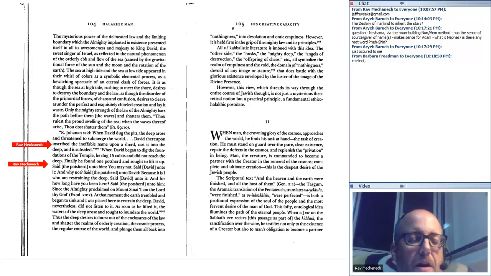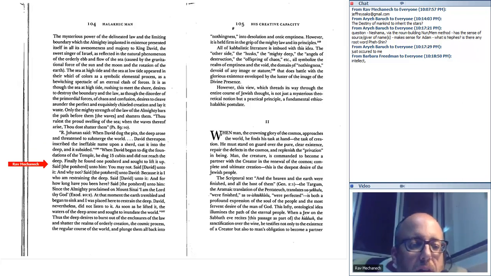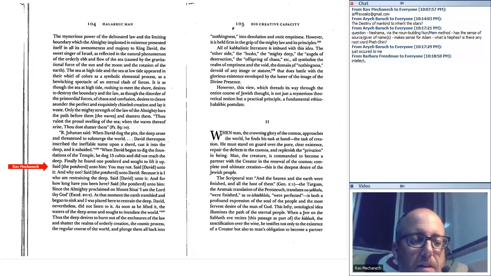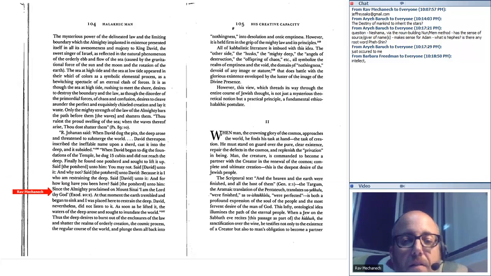And finally, he found one potsherd and sought to lift it up. But the potsherd, the plug of the deep, says to him, "Don't do it." Said David to the potsherd, "And why not?" The potsherd says to David, "Because it is I who am restraining the deep." David said to the potsherd, "And for how long have you been here?" The potsherd says to him, "Since the Almighty proclaimed on Mount Sinai, Anochi Hashem Elokecha," from the moment that the